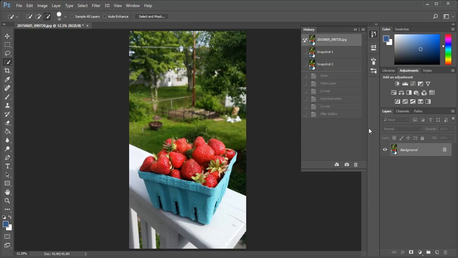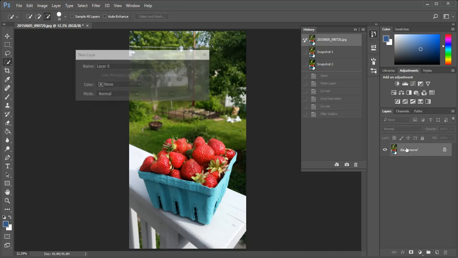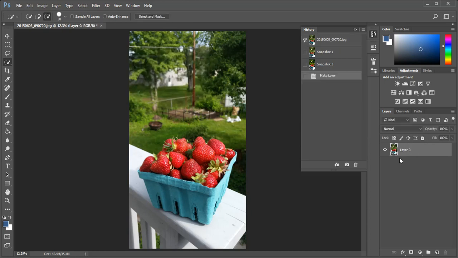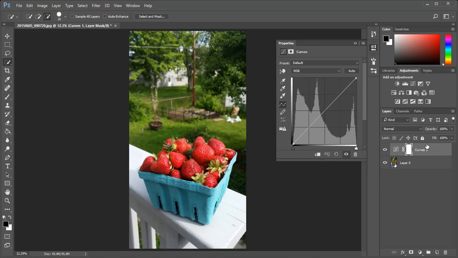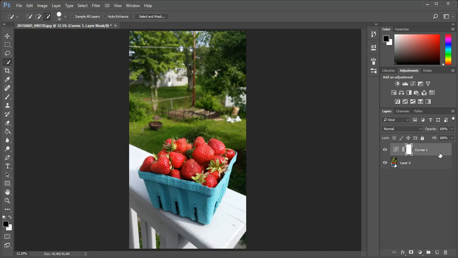Basically my first step is to change this to a layer instead of a background. I just double clicked on the layer on the word there, hit OK, and that did that. There's a couple ways to do adjustments to this photograph. Right here you see these are layer adjustments, and if you hover long enough, the little thing will tell you what it is. If I click on one of these, it creates a layer, so this isn't actually being applied to the photograph. I don't want to do that for this case